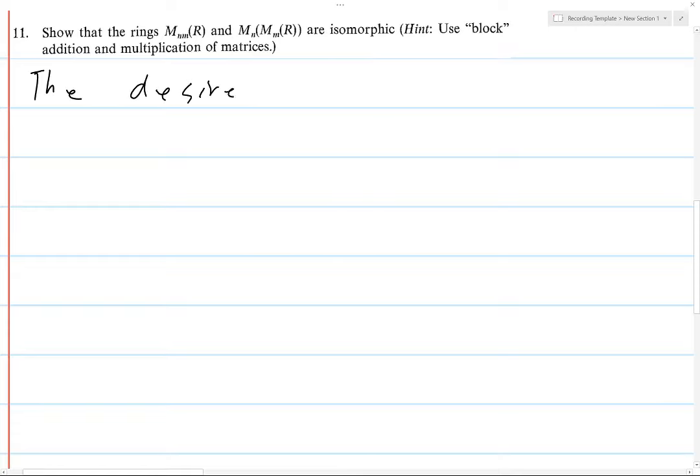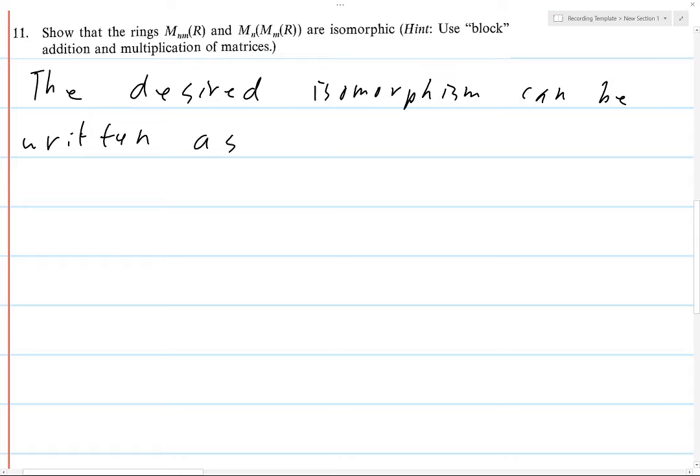The desired isomorphism can be written as, let's see here, we're going to send A_JK to A, then beta comma gamma, then alpha plus 1 comma gamma plus 1. These are all just indices